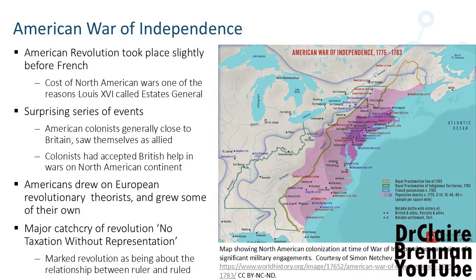And it's worth being aware too, looking at the map, how very limited in extent the colonies were at this time. They're clustered along the eastern seaboard. They're not spreading into the interior of the continent. This is not the United States as we know it in the present. This is a cluster of British colonies on the eastern seaboard, strongly connected back to Britain.